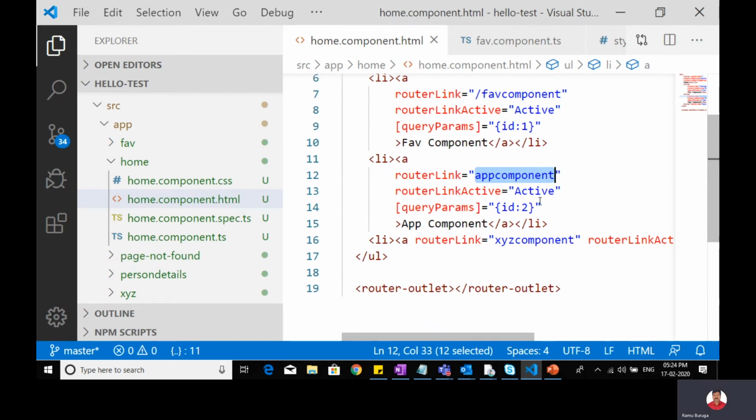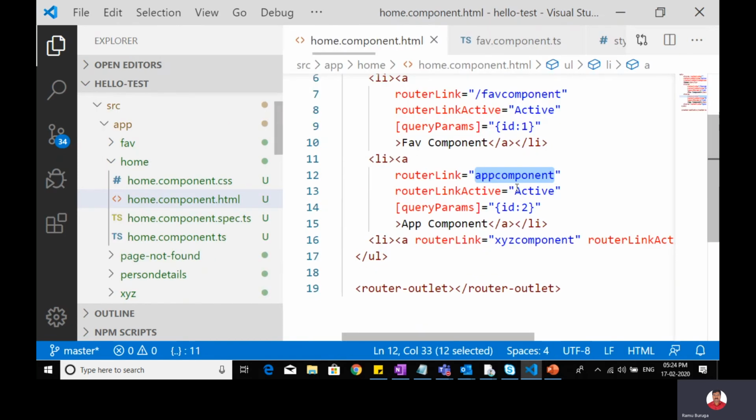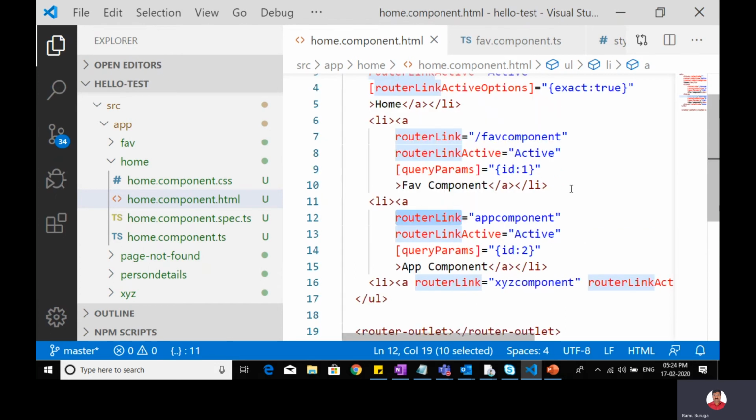For app component, what is the name I have given? App, small a, app component, I have given as the alias name. The same name I am using here in the second LI to call the app component through my router. Understand? That name you should call using the routing link property or attribute.